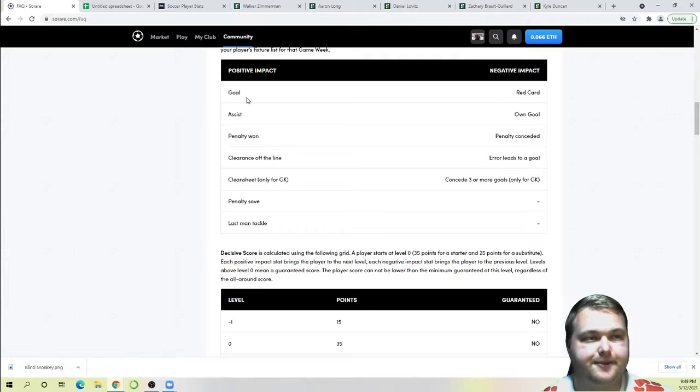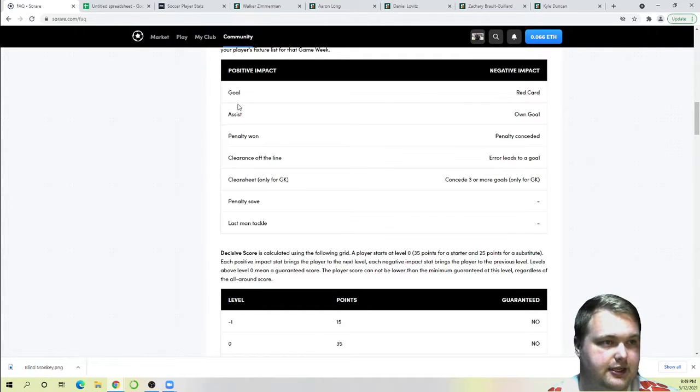So for defenders, we will actually have goals and assists that come into play. Penalty one, not so much unless you're maybe a wing back that gets into the box to cross. Occasionally you can win a penalty, but that's not going to happen very often. Clearance off the line is a big one, so definitely keep an eye on that one. And then last man tackle is going to be the other one. Obviously we can't get a clean sheet, and unless something really crazy happens, our defenders are probably not going to